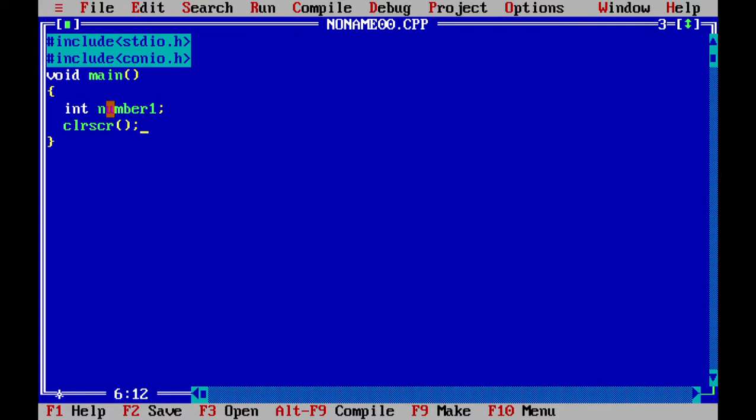clrscr is the short form for clear screen. It clears the screen before it shows any data. Now we are going to add printf. Printf is used to show the data. A printf, bracket and double quote. Inside the double quote you write the thing you want to tell, like